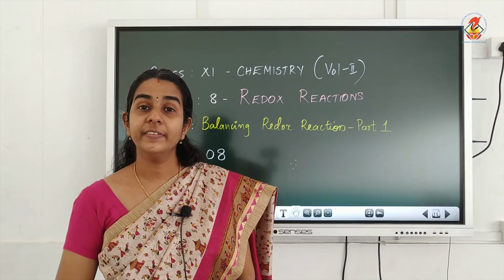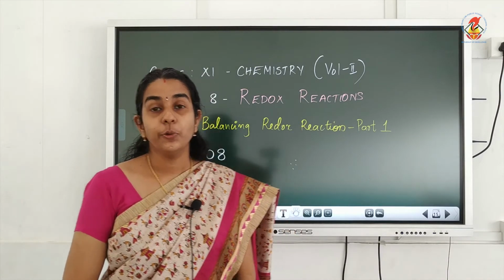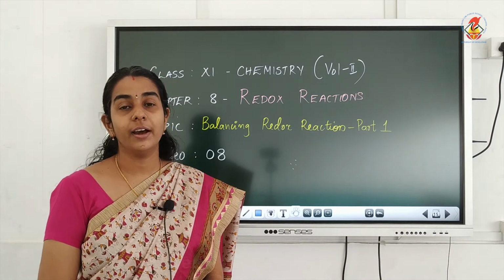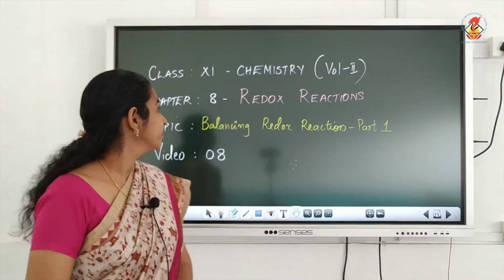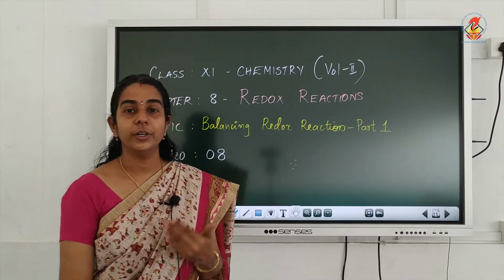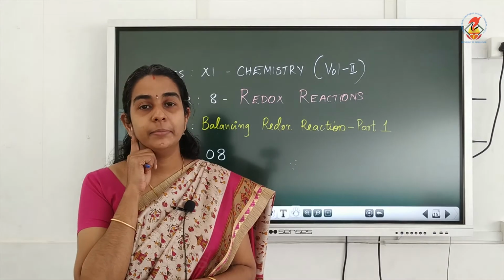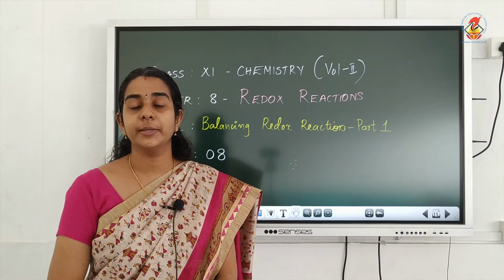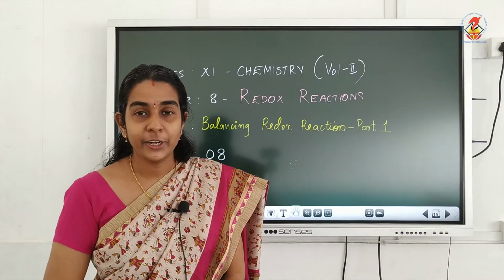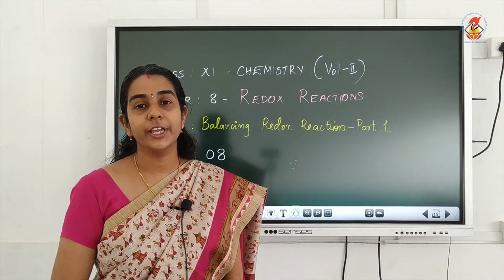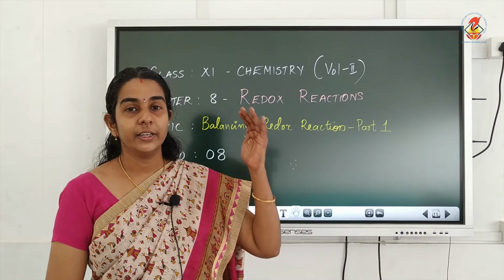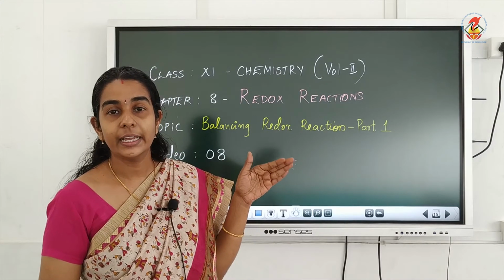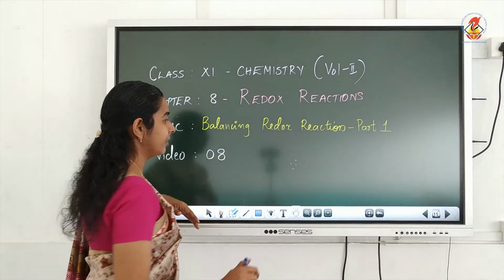Next we have the examples of balancing a redox reaction by using the half reaction method. So before we do the examples, let me revise once again what the rules or steps are for balancing a redox reaction by using the half reaction method. Those rules or steps you can understand only when we do the exercise question. So the first example,